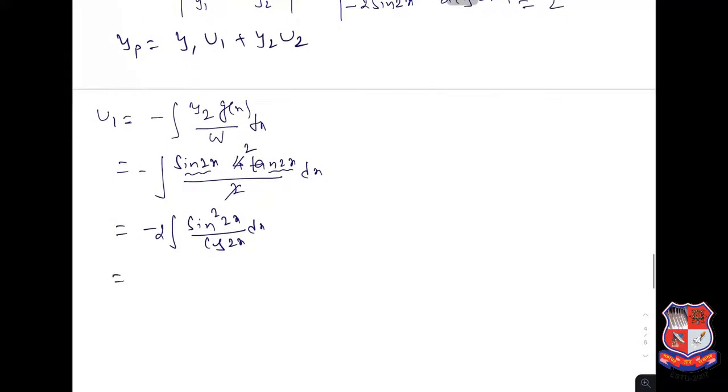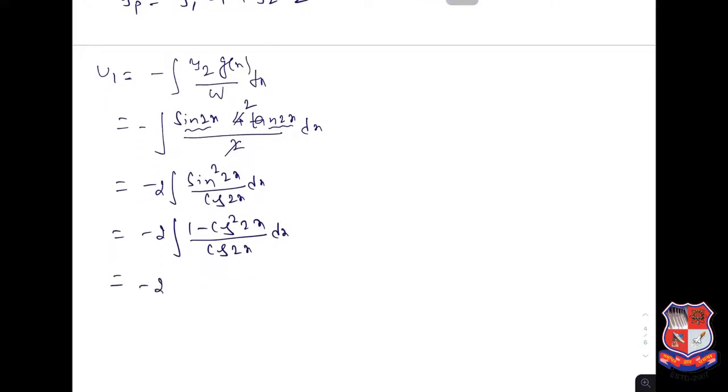Okay, and now this we can write as 1 minus cosine square 2x over cosine 2x. This is now integration of sec 2x